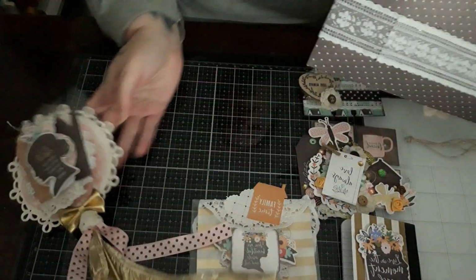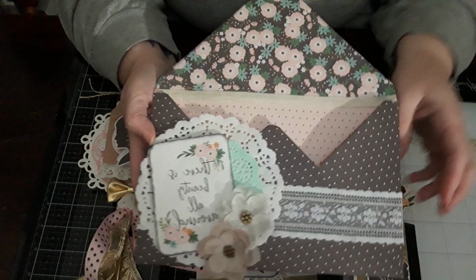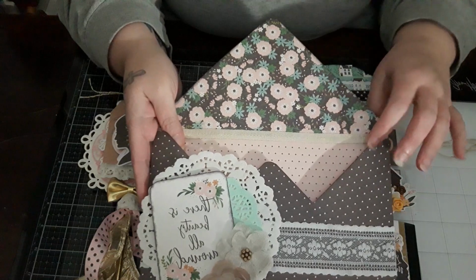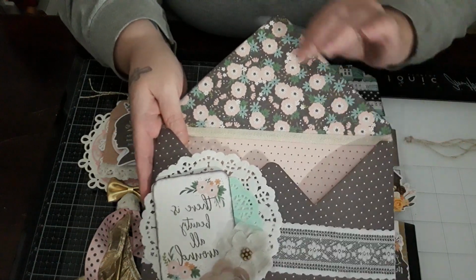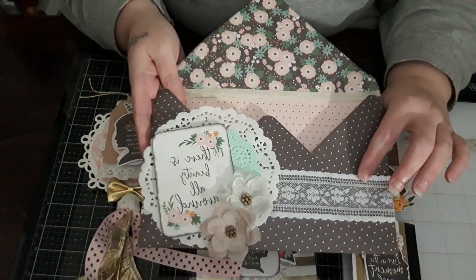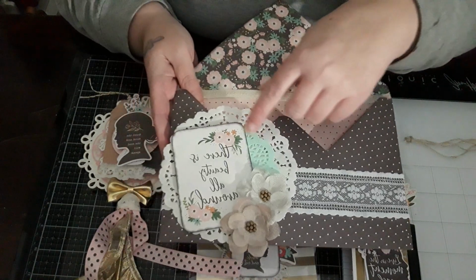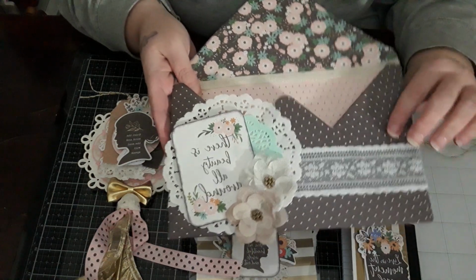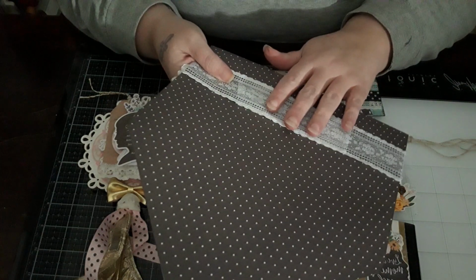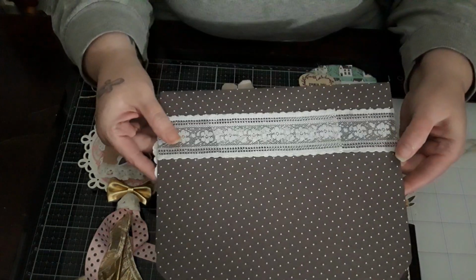And that is it. So this is the loaded envelope. I doubled up all of the paper again since the print is on one side. I made sure to add a liner and did that in 2 different patterns. And I have some lace down here beneath 2 doilies. Kept this one simple. Inked up the entire envelope and the ephemera piece. Have some flowers on there, and on the back I am going to lay, I'm glad I didn't put this in the envelope, because I'm going to lay a strip there, a die cut, to kind of hide the seam